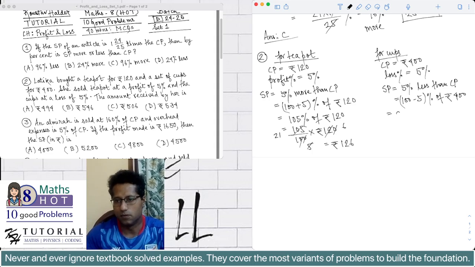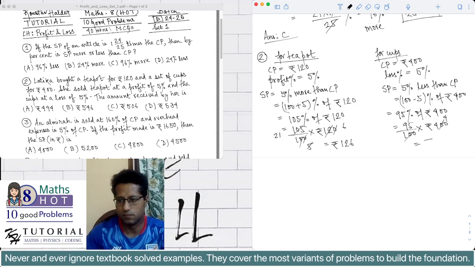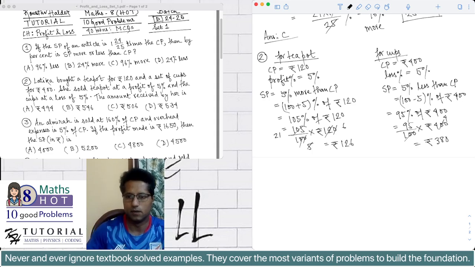This is equal to 95% of rupees 400, which is 95 divided by 100 multiplied by 400. 100 divides 400 with 4. So this is equal to rupees 380. So therefore, this implies total SP